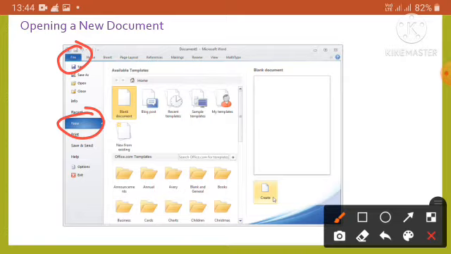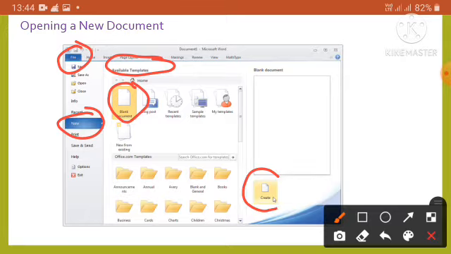Now select the blank document template under Available Templates. Here it is, the blank document. Then click the Create button in the Backstage view as shown in this figure. Whenever you click here, a new blank document gets opened on our screen.